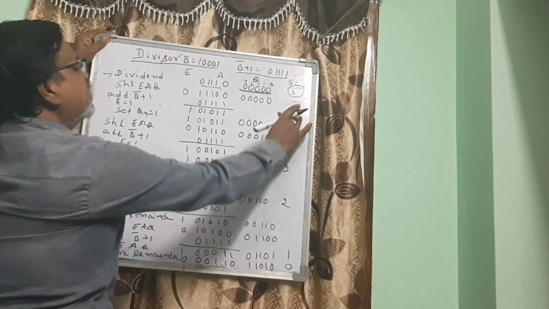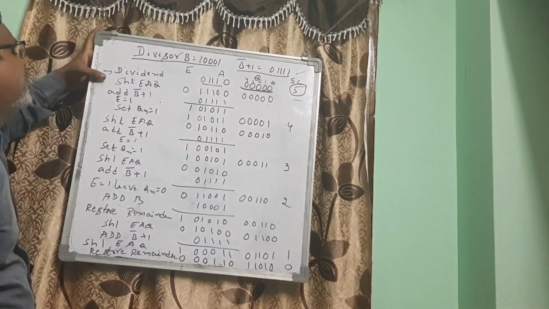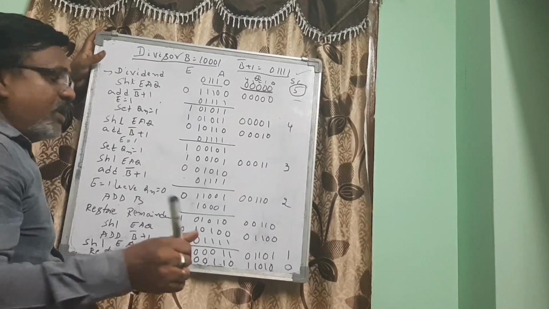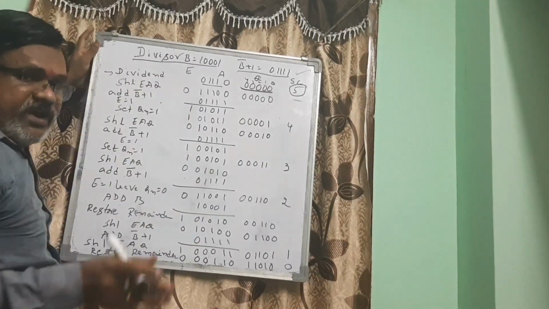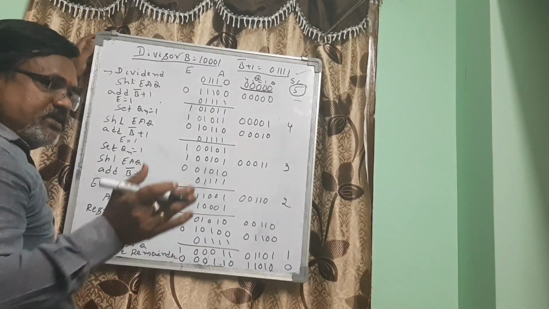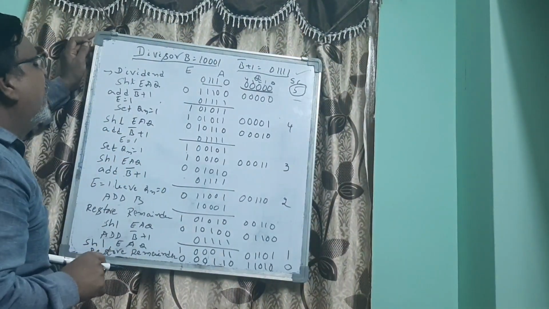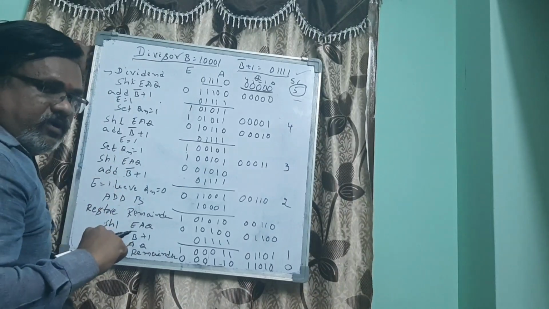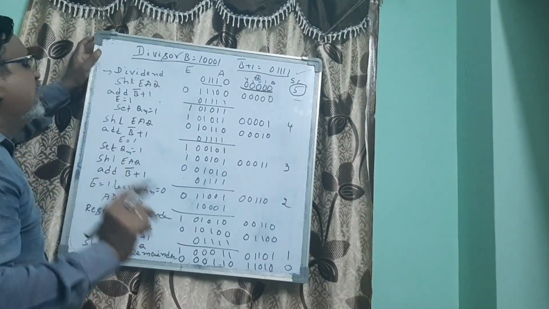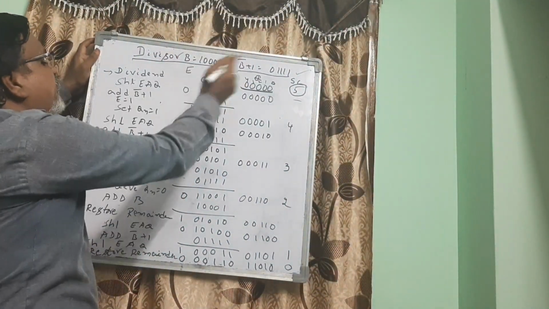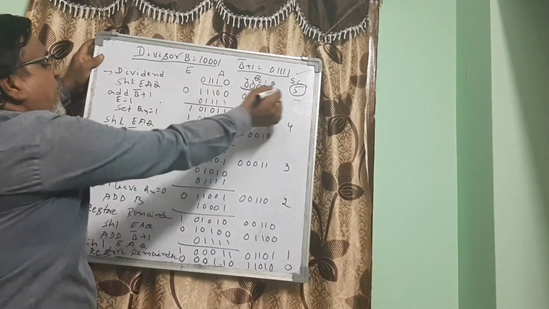Okay. So now shift left EAQ. I'm sorry that I might have told you repeatedly shift right in the flowchart, but it is actually not shift right, it is shift left. You just make this correction in the explained flowchart there, it is shift left. So we are going to be shifting left this EAQ value.